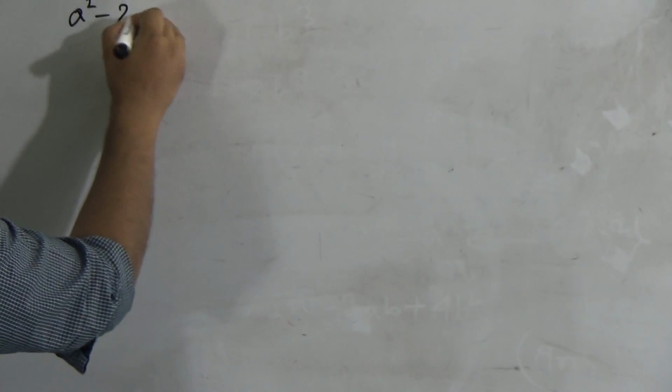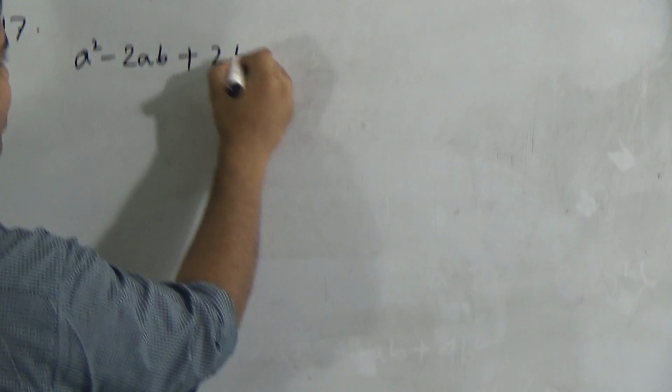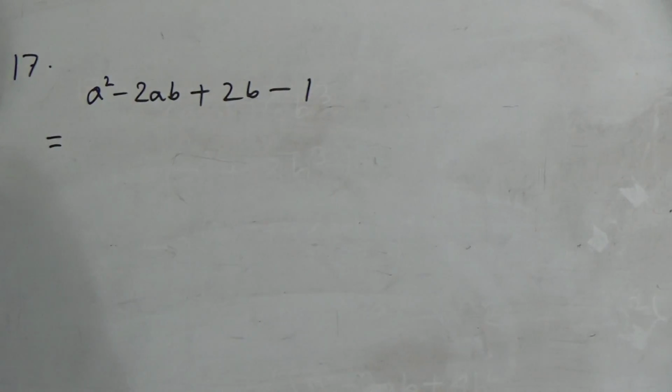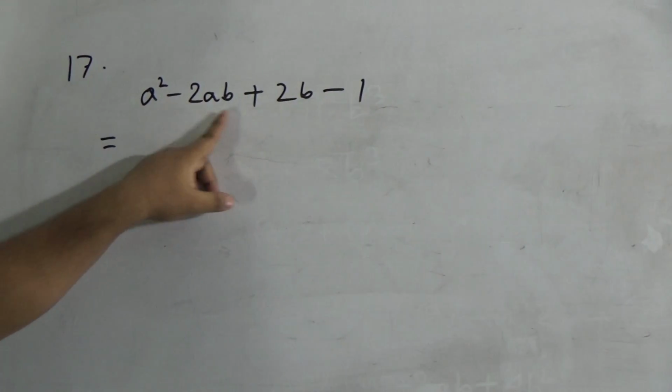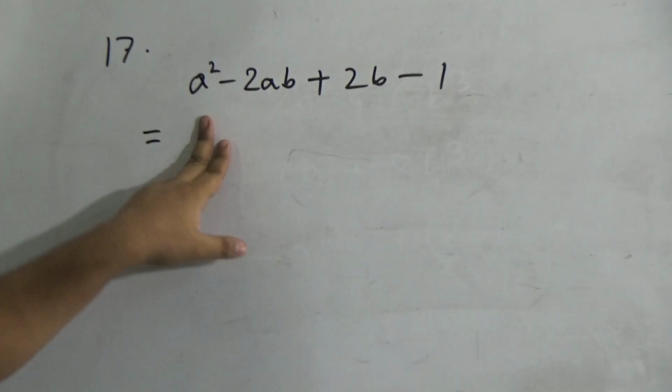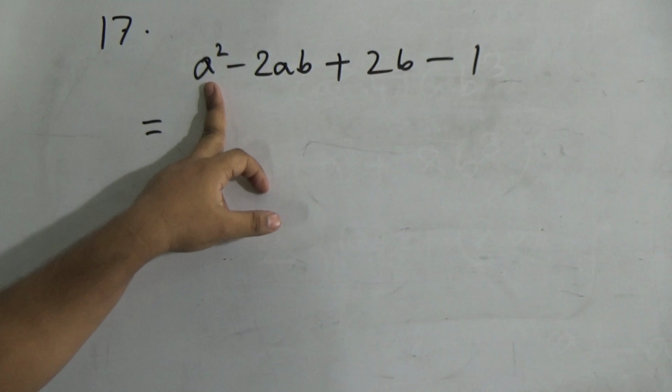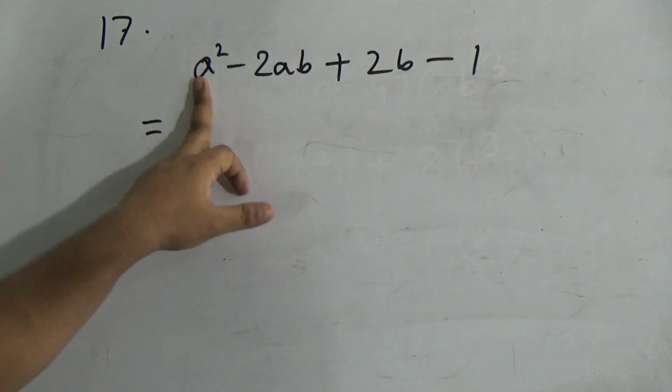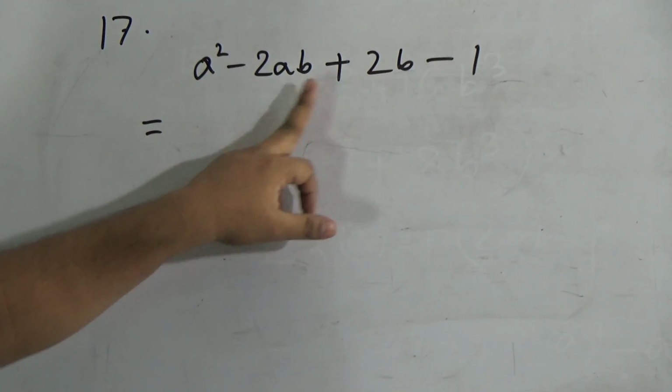Here we write the question first: a square minus 2ab plus 2b minus 1. Dear student, notice a square minus 2ab plus 2b minus 1. If we want to write this as a formula, that means a square minus 2ab plus b square,